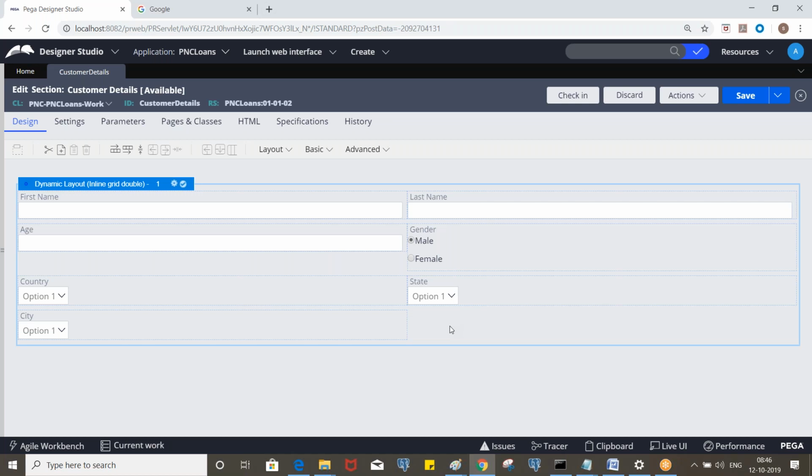For autocomplete, you can use activity or report definition, but you can also use the data page, right? Maybe I'll try that option also. For autocomplete source, you put data page.